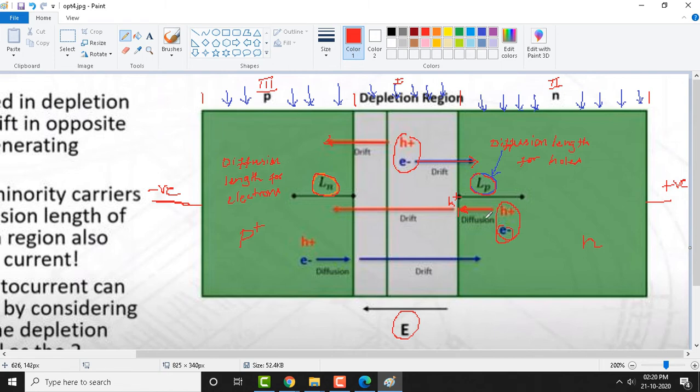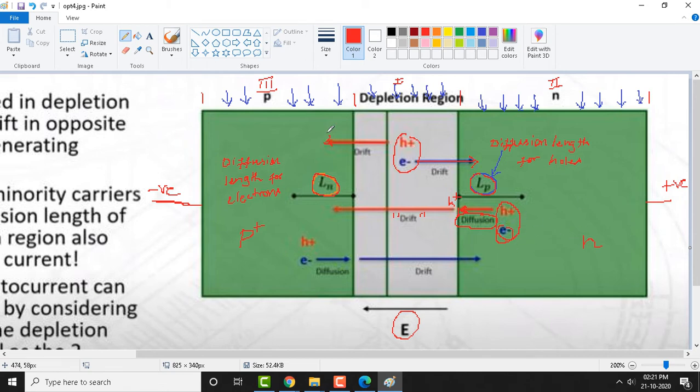So, due to the concentration gradient, the diffusion process moves the hole from the neutral n region to the depletion region. From here onwards, the drift mechanism pushes the holes from this edge of the depletion region to the p region. So this is what happens for the electron hole pair created due to the interaction of photons in the neutral n region.